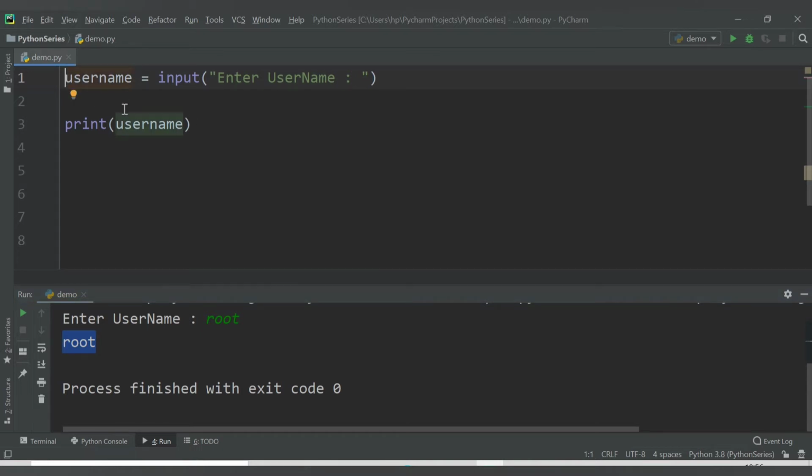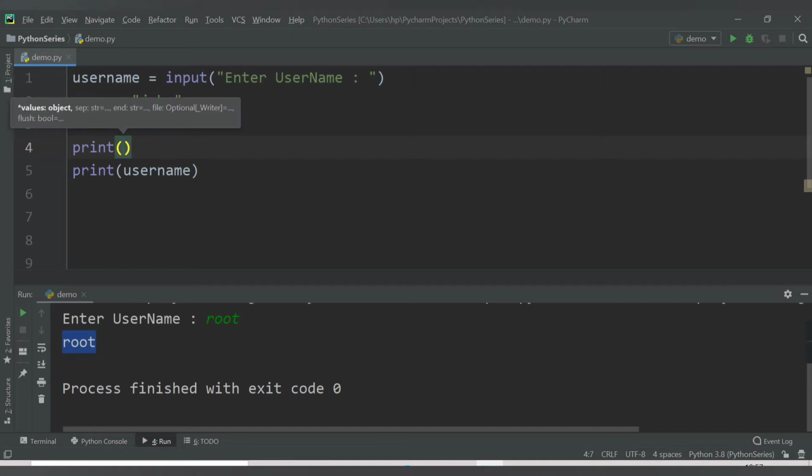If there is another statement, like we have print username, it will not print anything until we provide the value here. We need to provide the value for this print statement to be executed. But let's say I have another variable here, name, and name has the value John, and I want to print that.